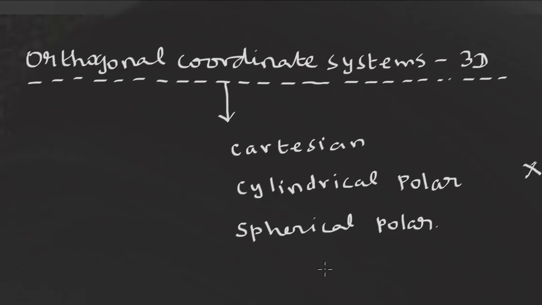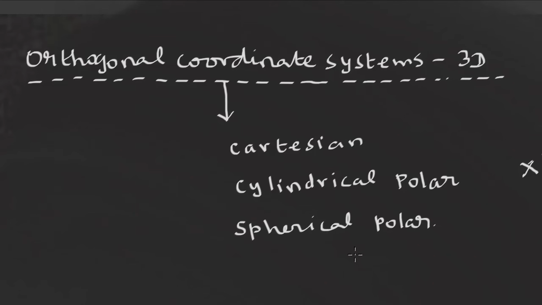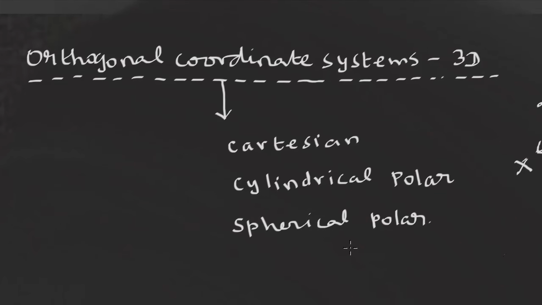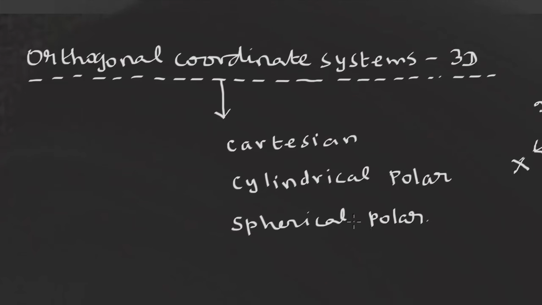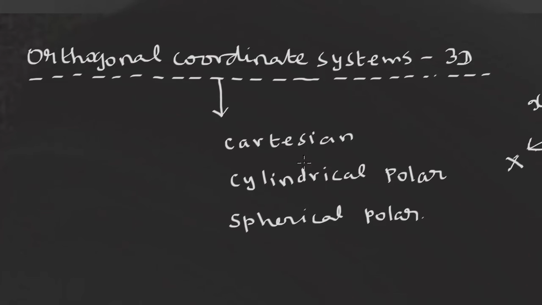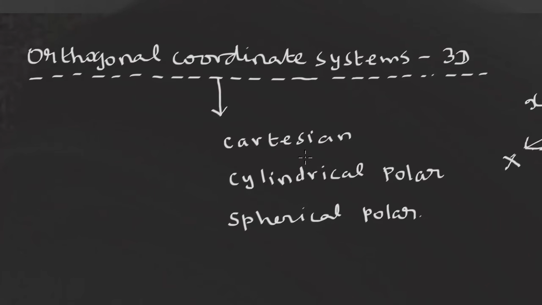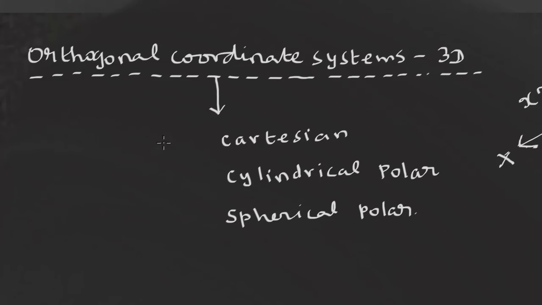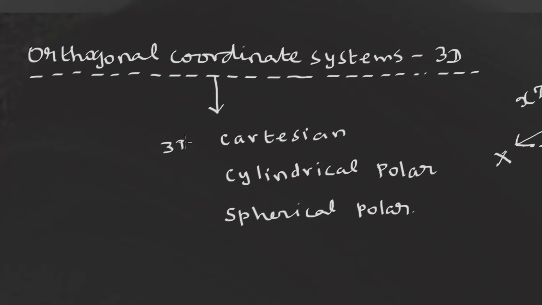So out of the 3, the first one should be familiar to you because of the Cartesian. In particular, 2D is certainly familiar. And then once we understand the Cartesian terminology, that means what kind of symbols we are going to see, we will slowly move on to the cylindrical polar case. Remember that all of them are 3-dimensional, needless to write.